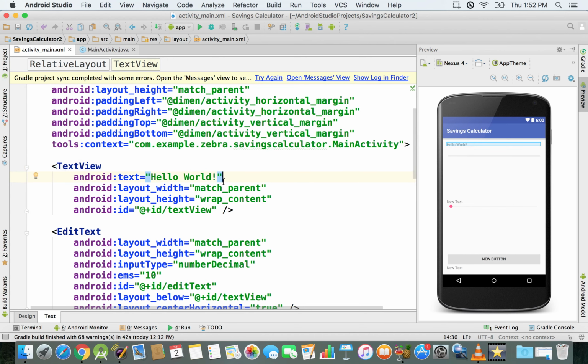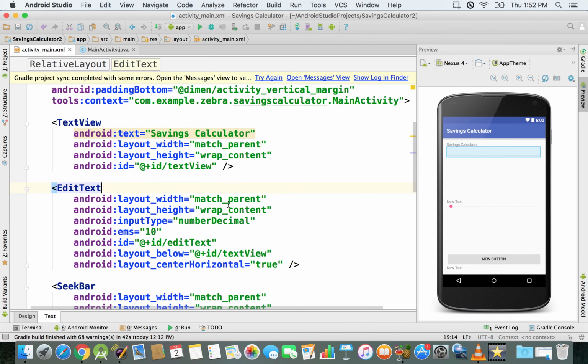So first of all, I'm gonna change this generated text that's with hello world text, and I'm gonna just say savings calculator. Okay, and next thing I'm gonna do is just change the text that's going to be displayed on